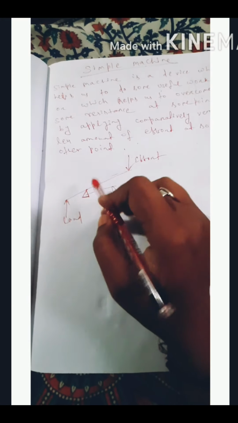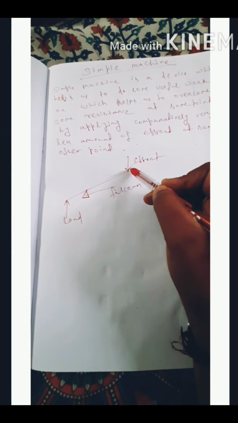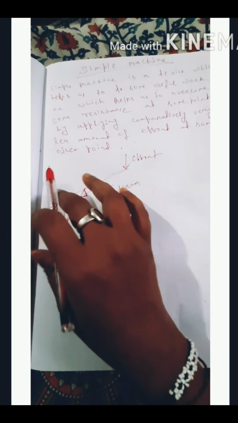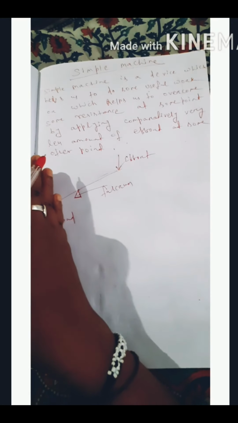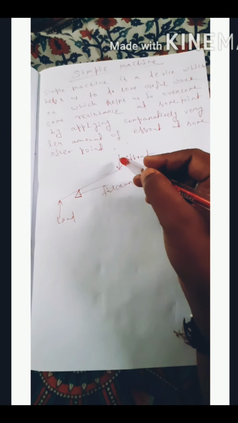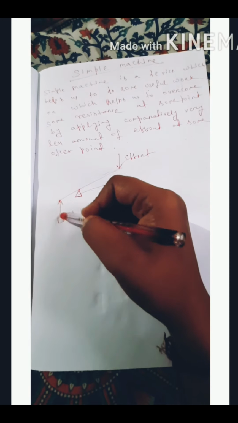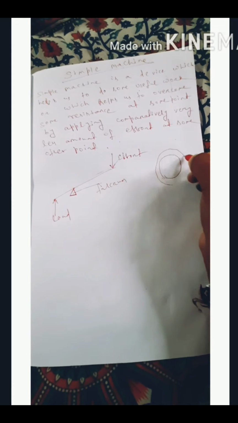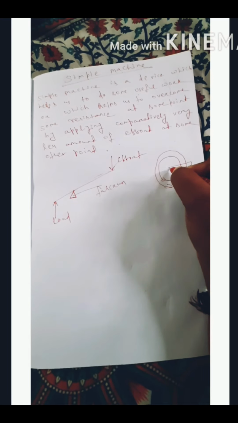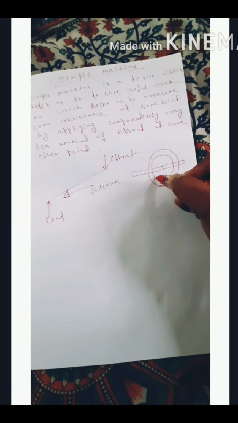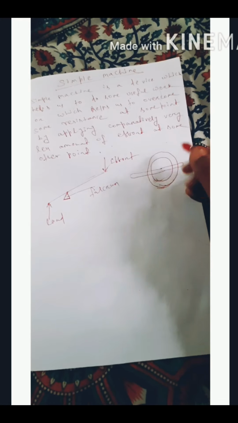So this side the length is more, so comparatively we need smaller amount of force effort. This side the length is smaller, so as the length is smaller, more amount of load can be lifted. So this is one example of simple machine. Here we can apply very less amount of effort and we can lift comparatively more amount of load. And another example of simple machine is wheel and axle. Earlier days, people were using animals to carry load from one place to another place, but this requires very large amount of effort. This wheel and axle can reduce this effort,